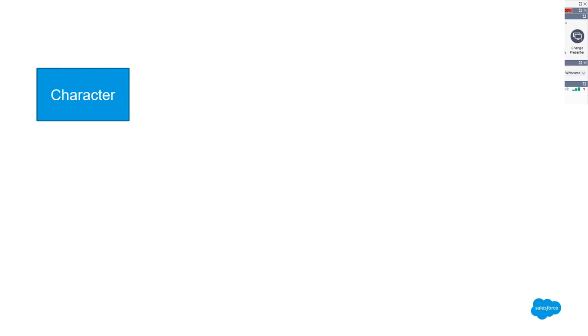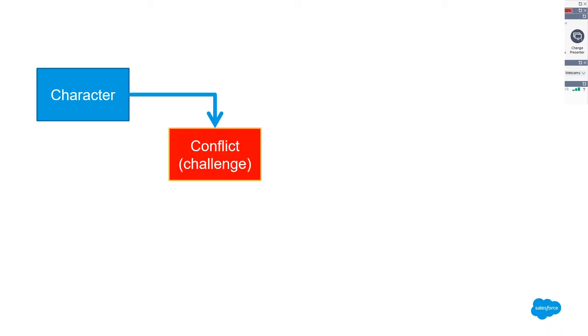But you can also use someone in the audience, for example, an admin. It could be somebody you know, but it's got to be somebody that the audience can potentially identify with, because part of every story is you sort of see yourself as the hero. You're taking the journey with them. Next, you need conflict. You need a challenge to overcome. If you don't have a conflict, you don't really have a story. You have a narrative. And we want a story. We want that emotional content.